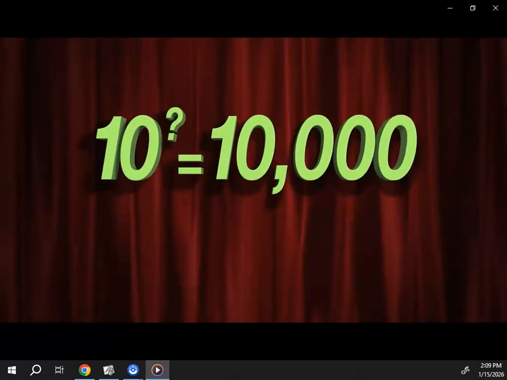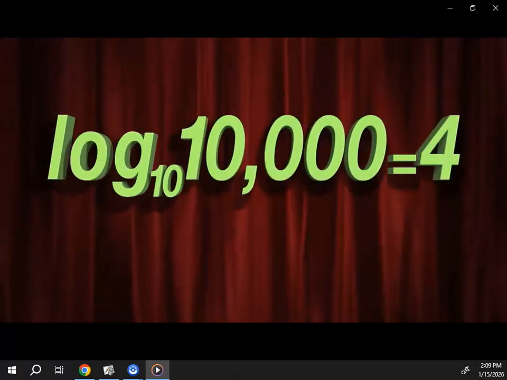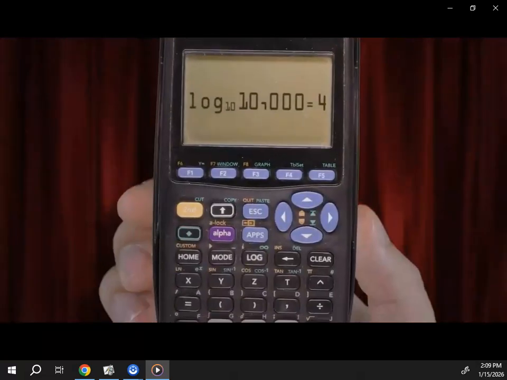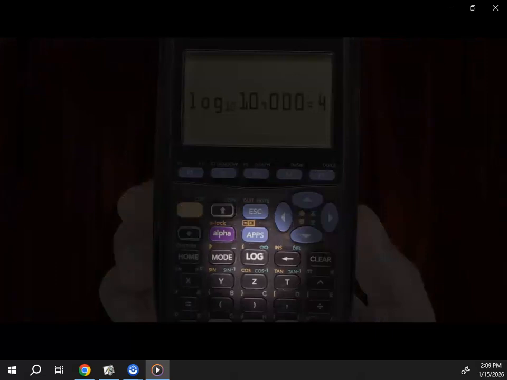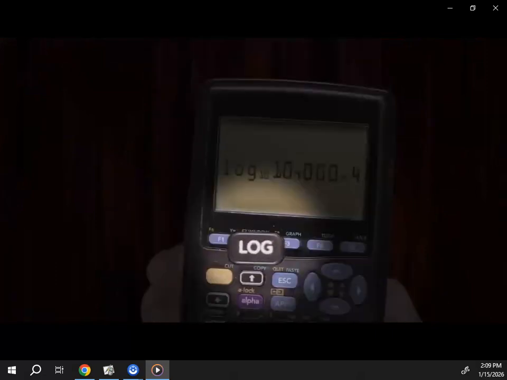10 raised to what power is 10,000? Well, 10 to the fourth is 10,000. So log base 10 of 10,000 must equal 4. This example can also be completed very simply on a scientific calculator. Log base 10 is used so frequently in the sciences that it has the honor of having its own button